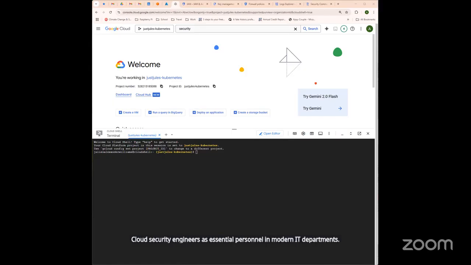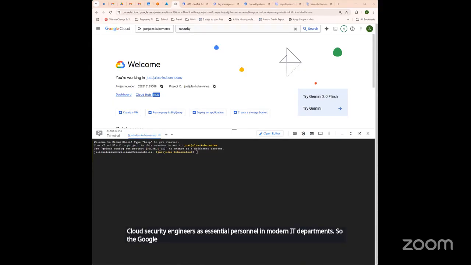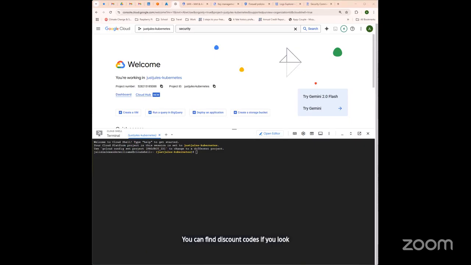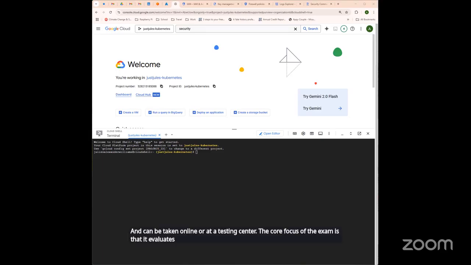So the Google Cloud Professional Security Engineer examination runs for approximately 2 hours and costs about $200 to register. You can find discount codes if you look online. It contains about 60 questions depending on the exam version you receive and can be taken online or at a testing center. The core focus of the exam is that it evaluates your knowledge across both Google Cloud products and key security domains. This includes identity and access management, data protection strategies, network security implementation, comprehensive logging and monitoring, and